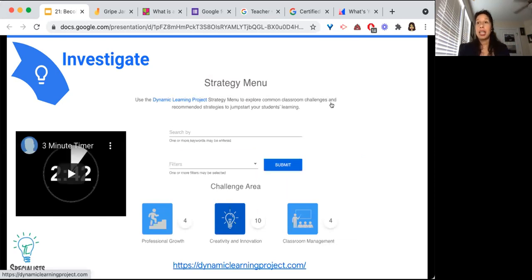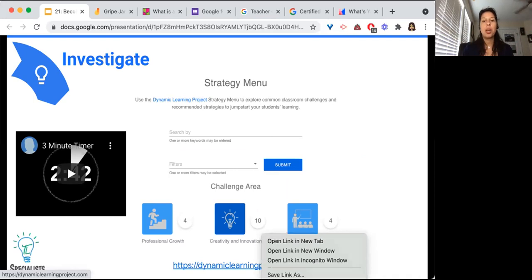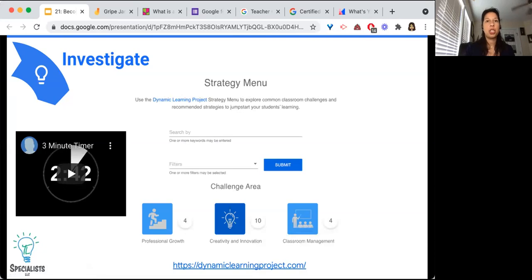A nice thing, and especially looking at some of your challenges on Jamboard, when you're working with teachers, sometimes finding those strategies is not as easy. So that's where going to this strategy menu comes into play. Let me throw this in the chat and then we'll go there together.